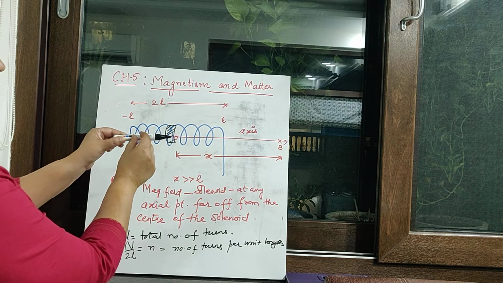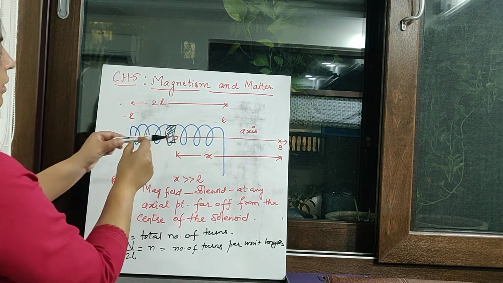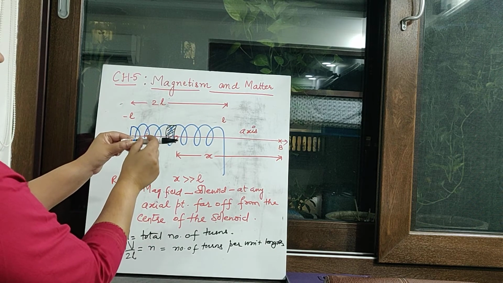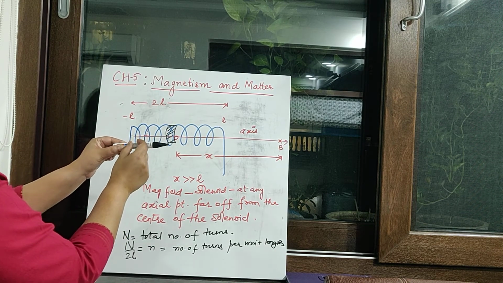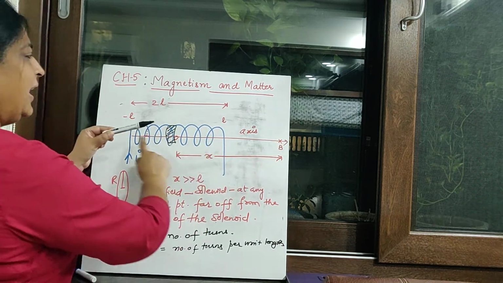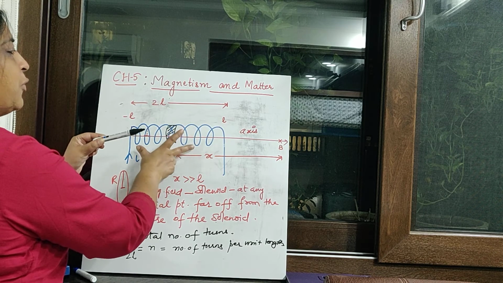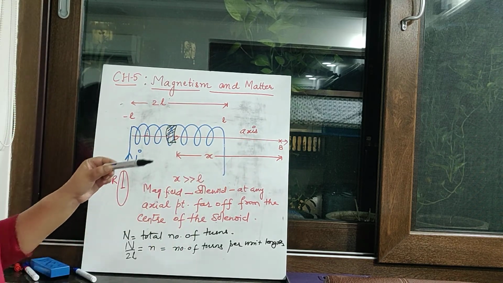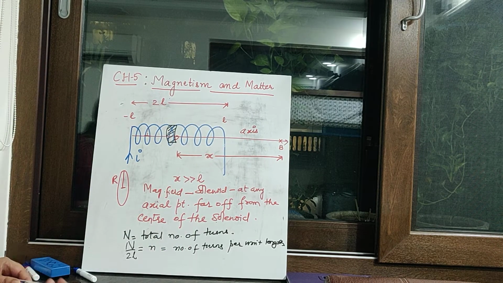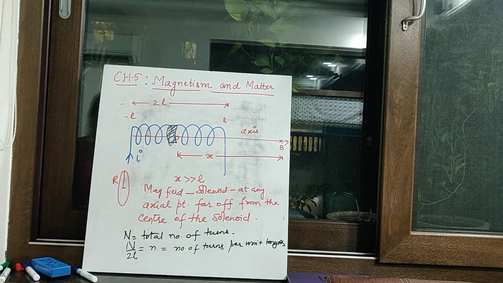And because of all the circular loops which are in this part, we are trying to find out how much will be the magnetic field due to this small portion here, and then we will integrate the whole expression to find out the net magnetic field produced by the solenoid at this point. So this is what we are going to do. I am erasing this and I will do the derivation here.